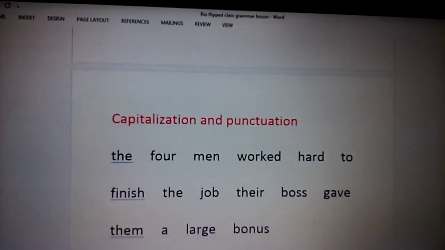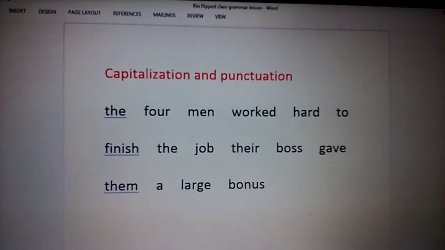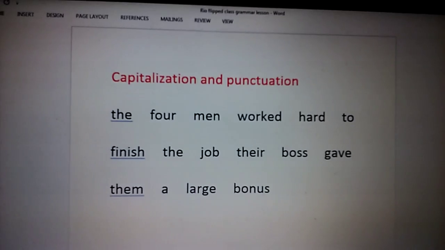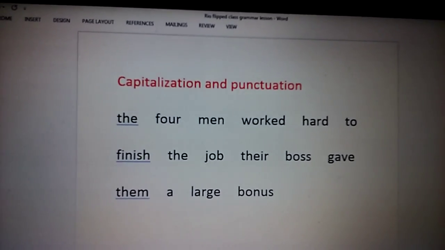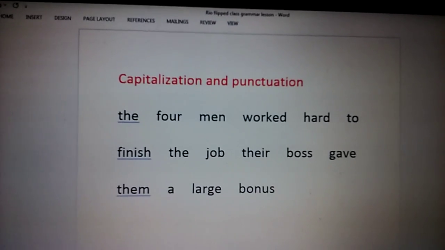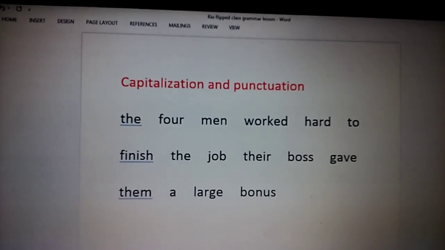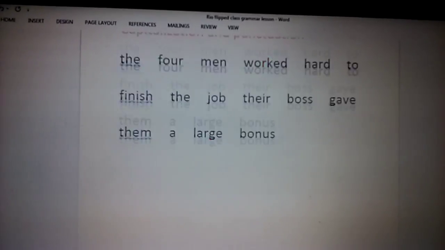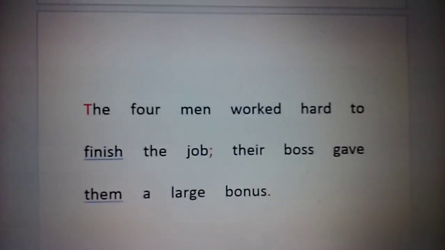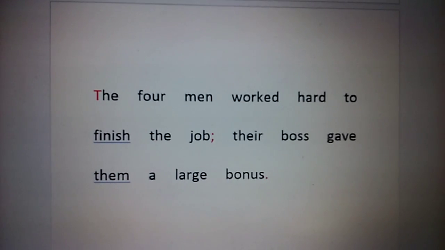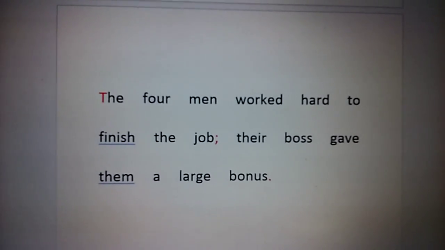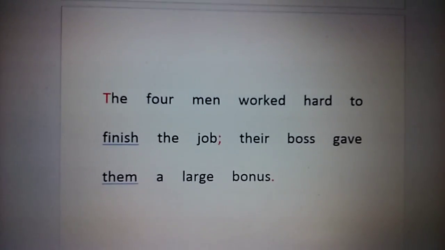Now let's move on. Capitalization, punctuation. Should be very easy for you guys. You probably don't even need to pause this, but go ahead and do so. Anyway, I will assume now that you have done it and that you're back. Let's move down. There's only 3 things you're going to do on this. You're going to capitalize the. You're going to add a semicolon after the first independent clause, and you'll simply put a period at the end of the second clause. Okay?